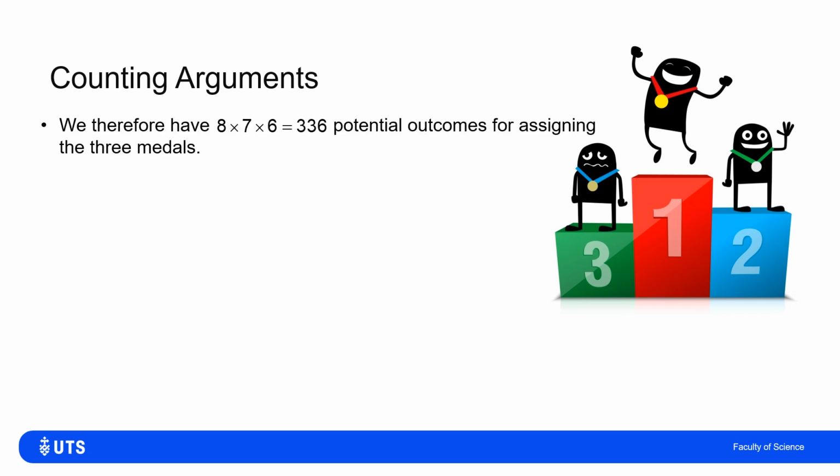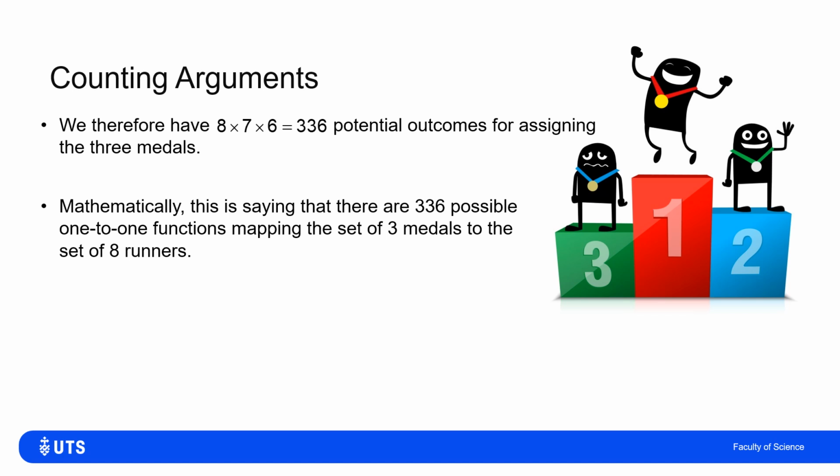When we enumerate this, the 8 choices for gold, then 7 remaining for silver, then 6 remaining for bronze, gives 336 potential outcomes for assigning the 3 medals in any given order: gold, silver, bronze. Now, we wouldn't think of it this way. It would seem like